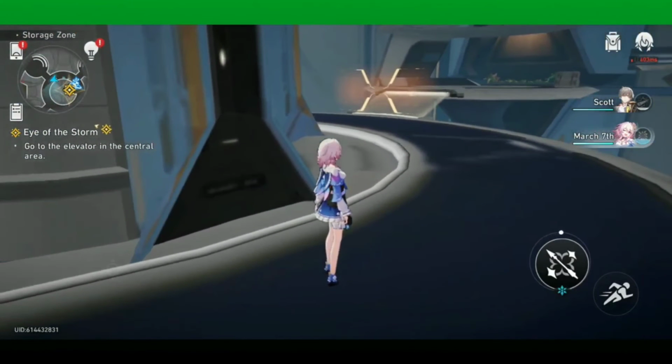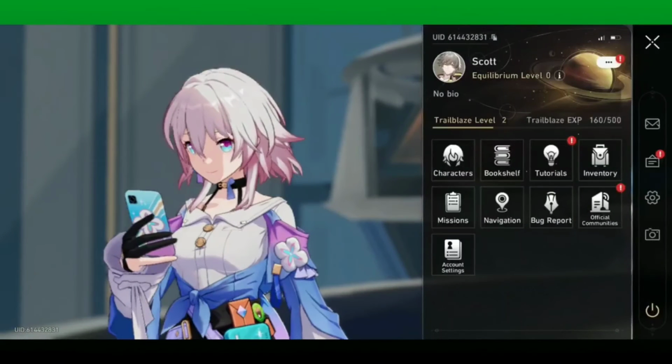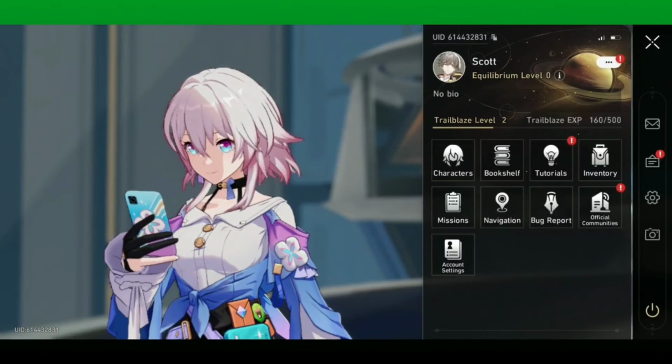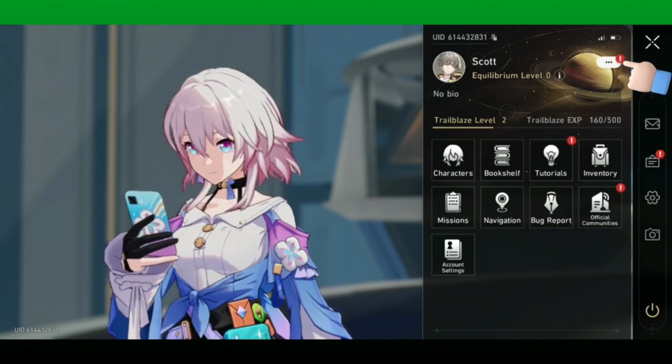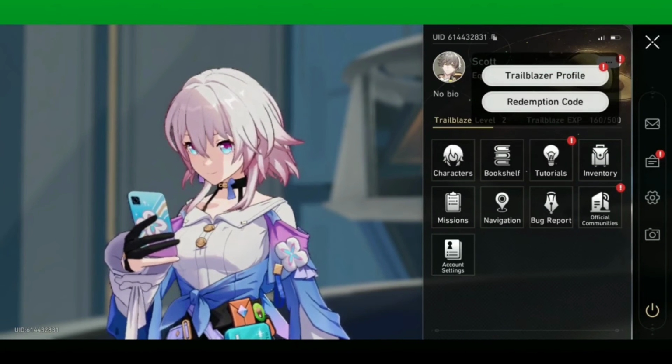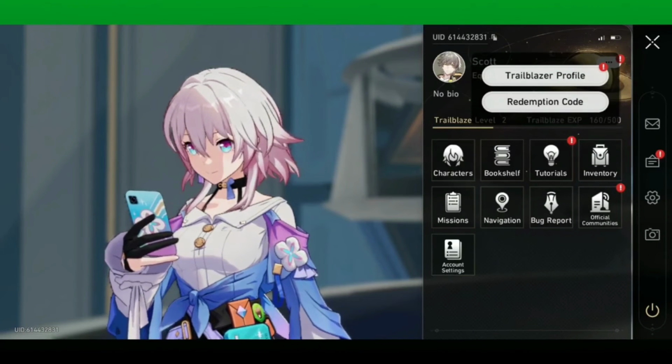And from this main home page, go and tap on the mobile icon at the top left-hand corner. This will then open up your profile. Tap on the three dots right next to your profile avatar at the top right, and then you'll be able to see two options. Select